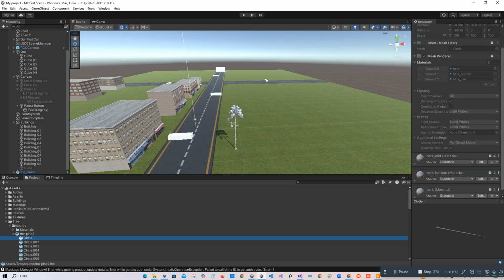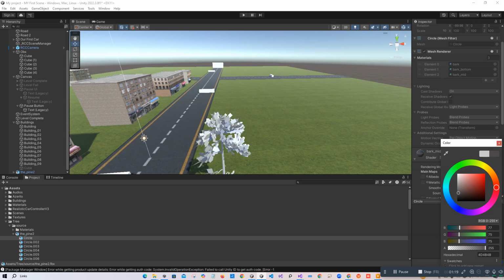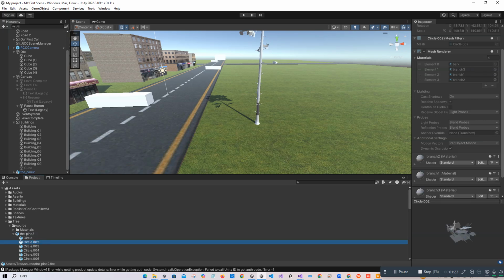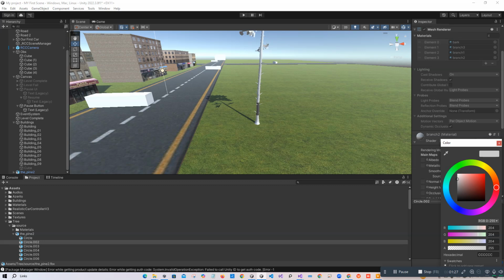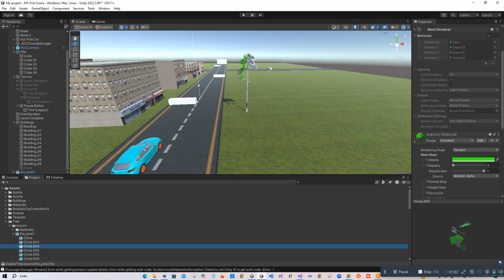Let's see which is that. What is that? That is the thing. That is the bulb. Let's just make it a little bit darker, like that. A circle and a little bit more darker. Let's make it. That is, these are the branches. Make it greenish, and just make it